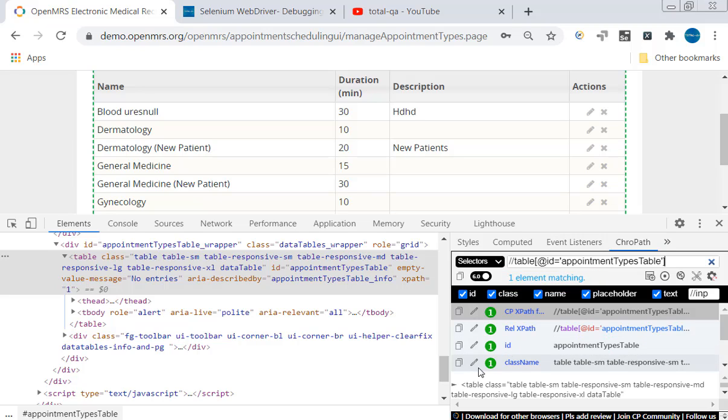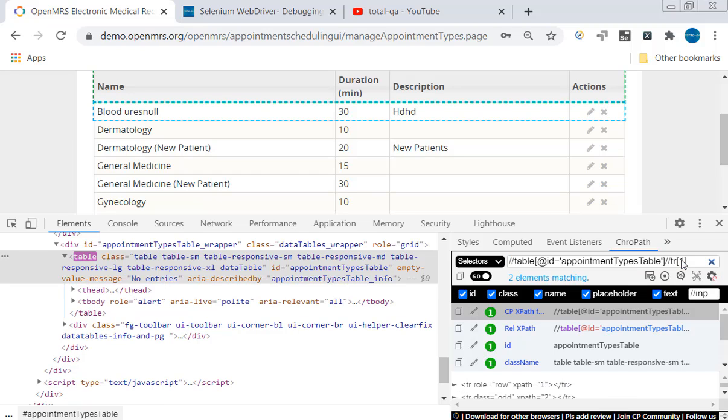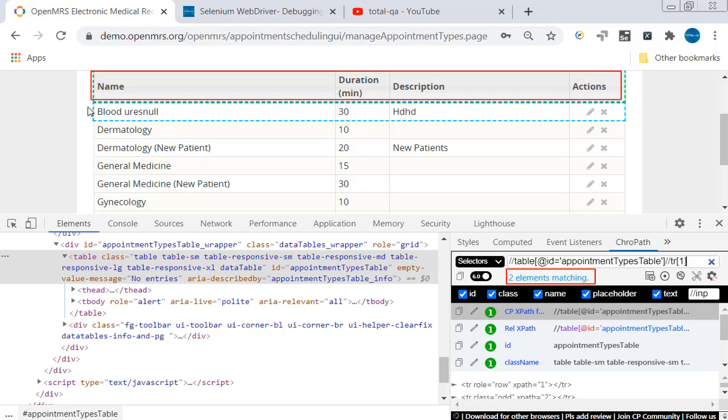Now let me try to select the first row. For selecting the first row, I am giving 2 forward slashes and table row of 1. What happens when you give it like that? It is identifying 2 matching elements. One table row is this one, another table row is this one. Why?